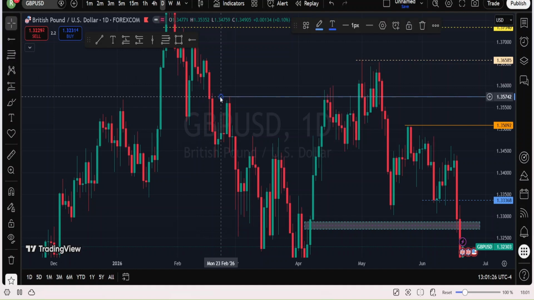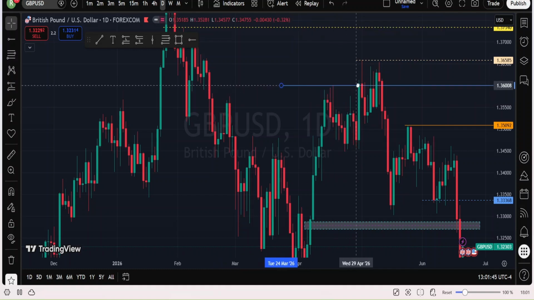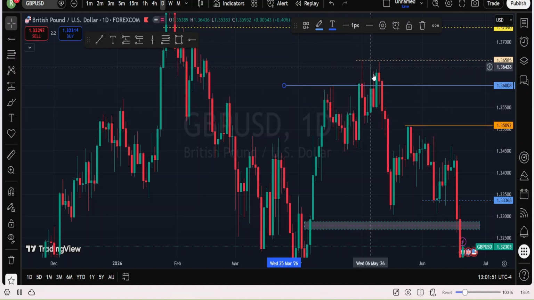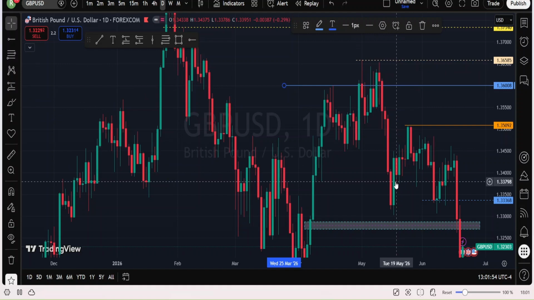I'm trying to make it as practical as possible. You can see what price did because this is a daily time frame. So price got to this area, took out this level, and then dropped down before continuing to go up, right? Again, if we look at this area, this is also an area of what? Resistance. See what price did? Price came up, took out this level before reversing back to drop a little bit.